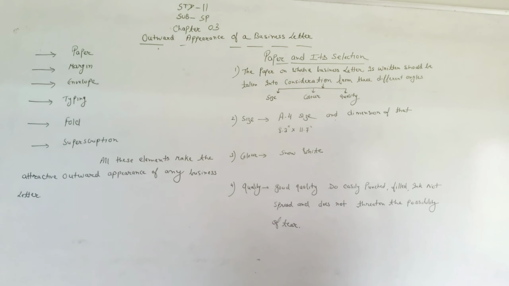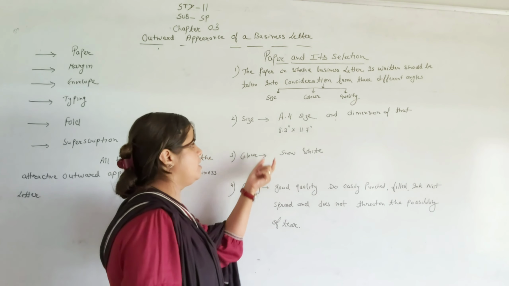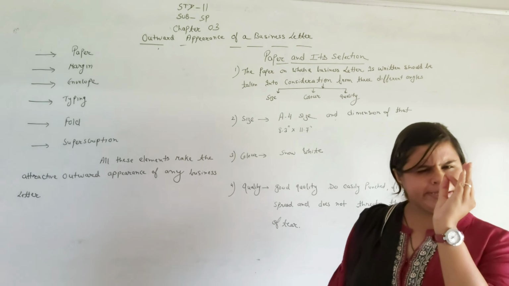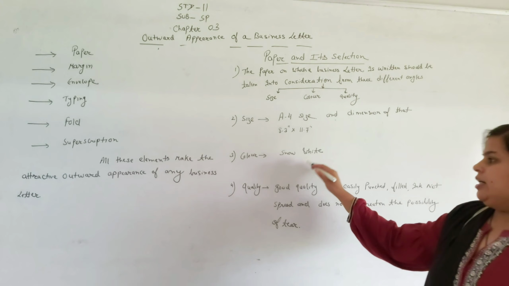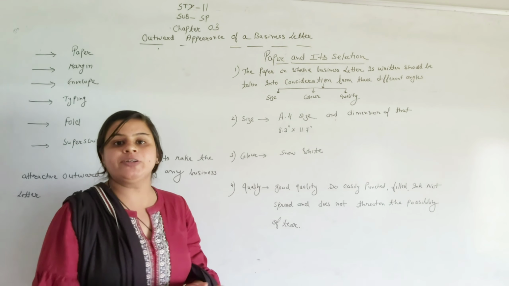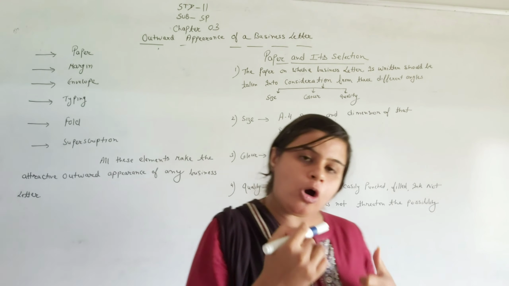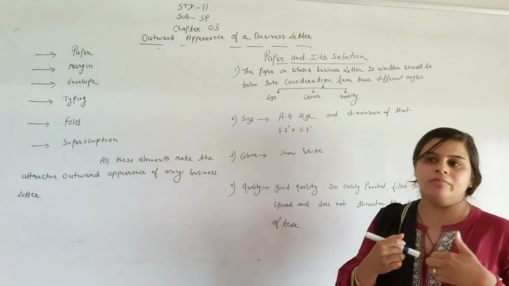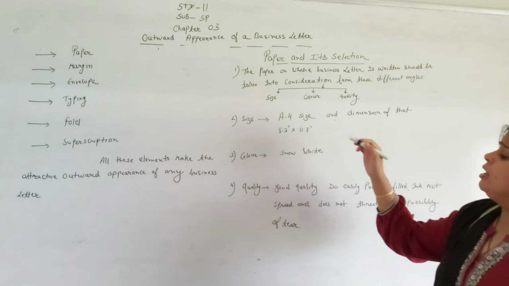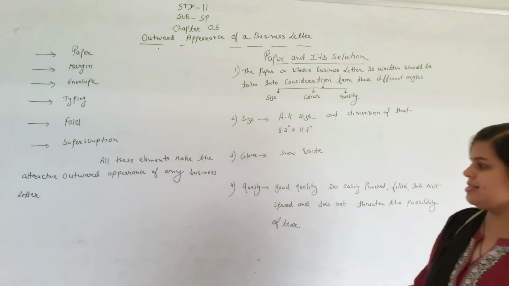Now second angle is color. Basically the color of the A4 size paper is snow white, not theoretical white but a little bit dull white. Okay, you can use paper of the color sky blue, red, green, it is not banned or prohibited or restricted, but when we talk about the business letter it should be much attractive and in a professional form. So generally the snow white paper is more preferable for writing the business letter.